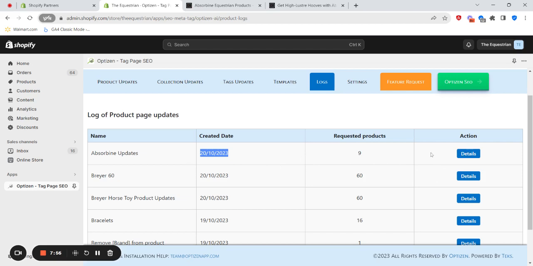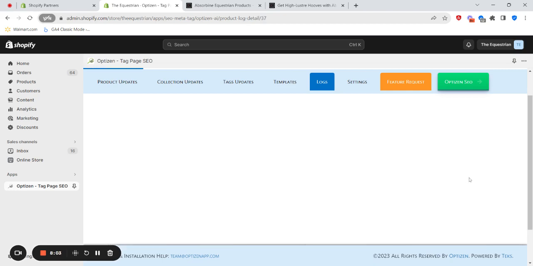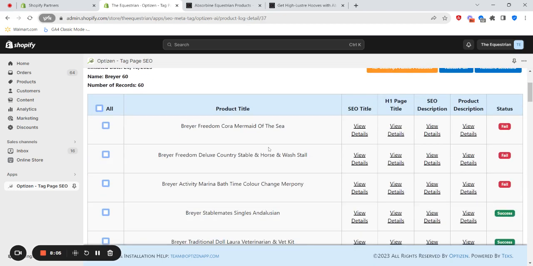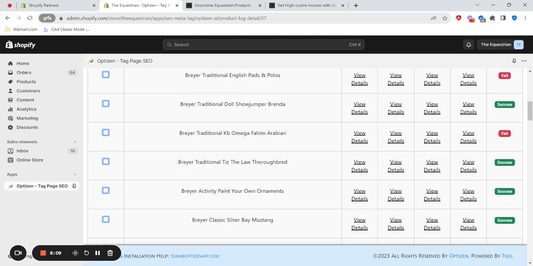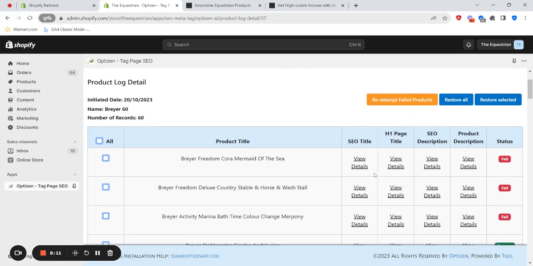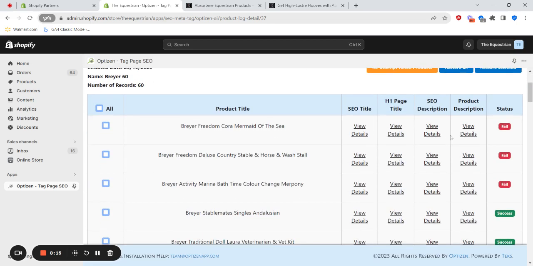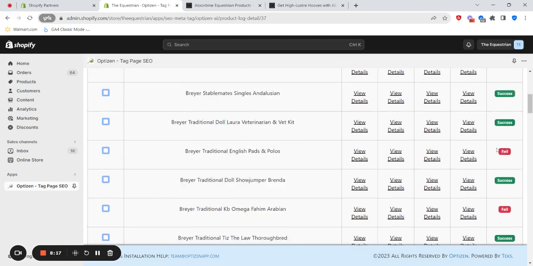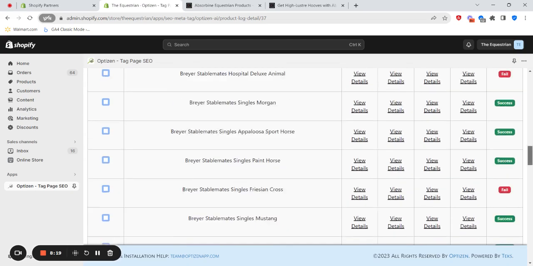Just before we check the details of this, I just want to show you how the status works. So we'll click on details of a previous run. And here we've got all our products and the details of the SEO title, H1, SEO description, and product title. Now, this is a rare occurrence. You can see there's a number of fails. When we actually ran this